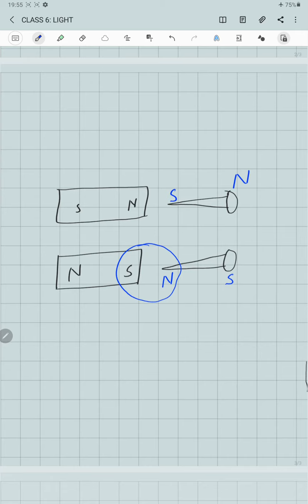So in this way, whenever any iron material or a magnetic material is brought close to a magnet, an opposite pole is formed on the nearer end and the same type of pole is formed on the farther end. Because two opposite poles are very close to each other, they show the property of attraction. But in this case, these poles formed on the magnetic material, for example the iron nail, are very temporary in nature.